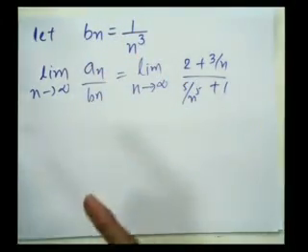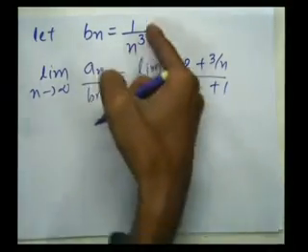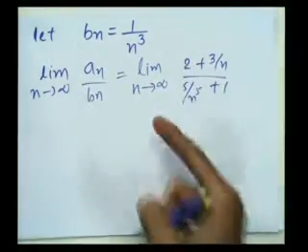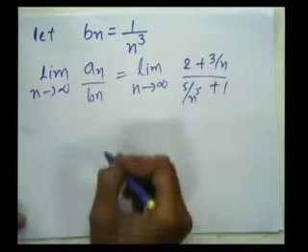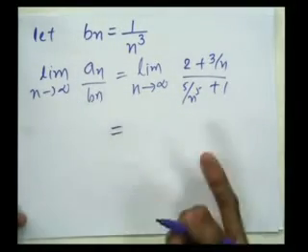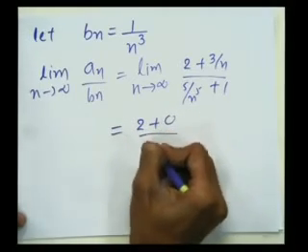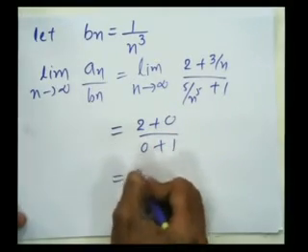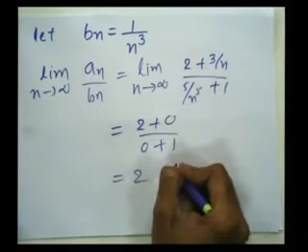So when we take the limit as n tends to infinity of an upon bn, the 1 upon n cube is removed from both parts, and we are left with the limit as n tends to infinity of (2 plus 3 by n) upon (5 raised to n raised to 5 plus 1), which is as we planned. This part will be equal to (2 plus 0) upon (0 plus 1), which is equal to 2, and which is finite